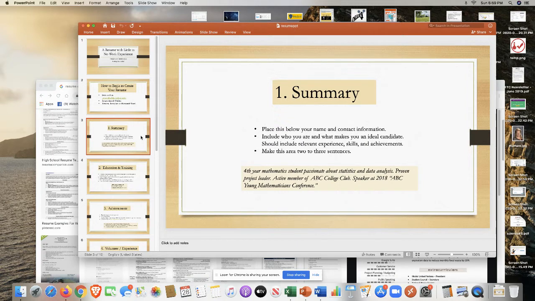First is a summary, and this summary is usually going to be placed below your name and your contact information. I would make a note that when you're putting your contact information in, make sure that you do include a cell phone number, an email address, and it is very important that you have an email address that is appropriate. Sometimes some of us have email addresses that we might not want to have for a job interview